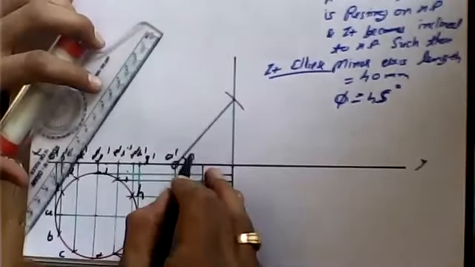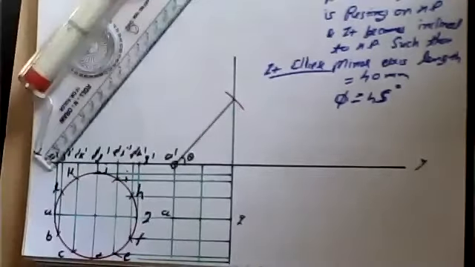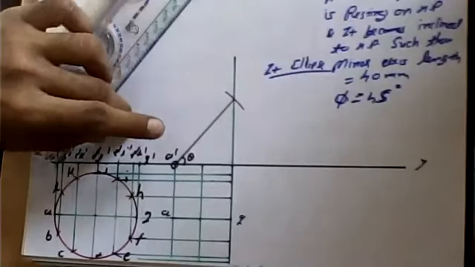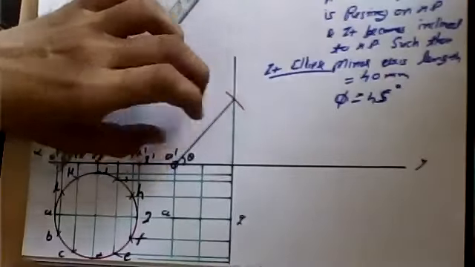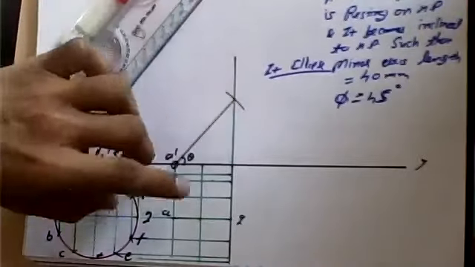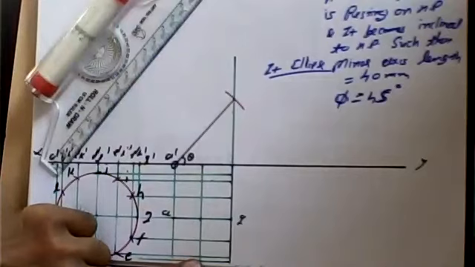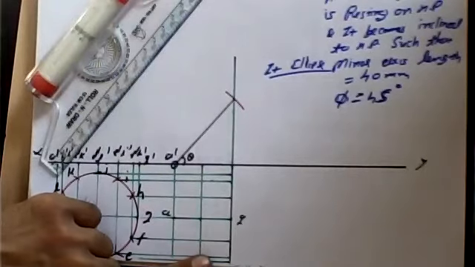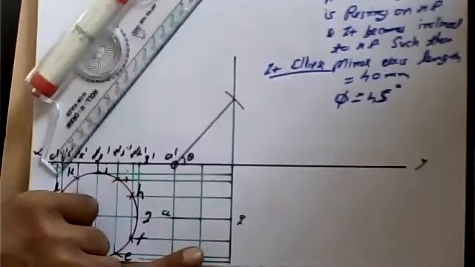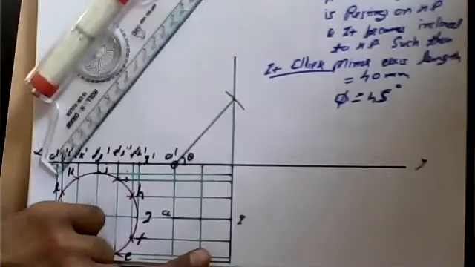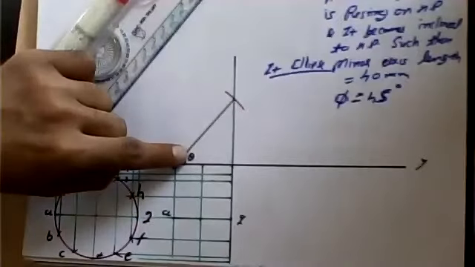I'll be measuring this angle, and we'll be saying that when the circular plate is inclined at theta degrees, we are going to have a minor axis of an elliptical component, an elliptical view available in the top view, having a minor axis length of about 40 mm. When do we get a minor axis length of 40 mm? When this circular plate is inclined this much.